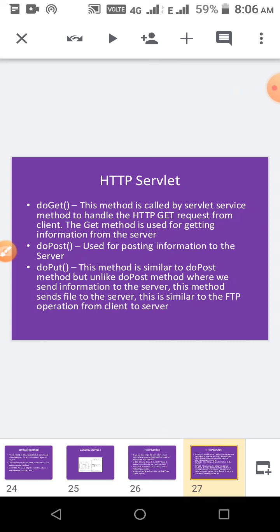So first, what is the use of the doGet method? It is called by the servlet service method to handle HTTP requests from the client. Mainly, the get method is used for getting information from the server, and post means posting information to the server. The doPut method is similar to the doPost method.